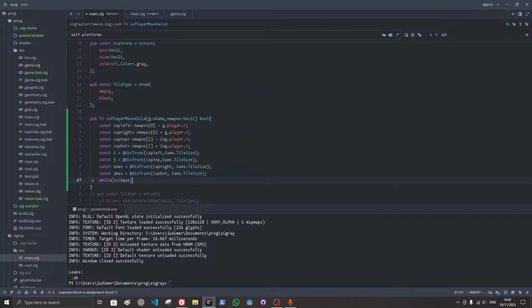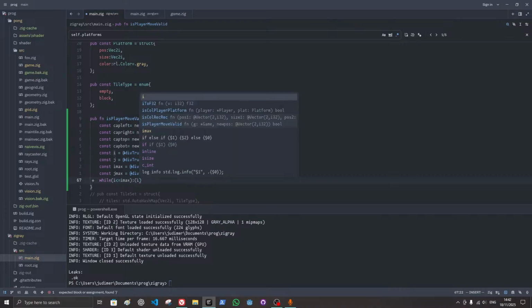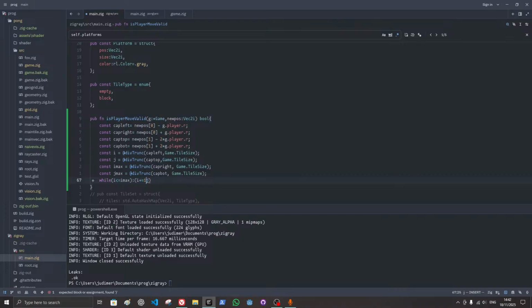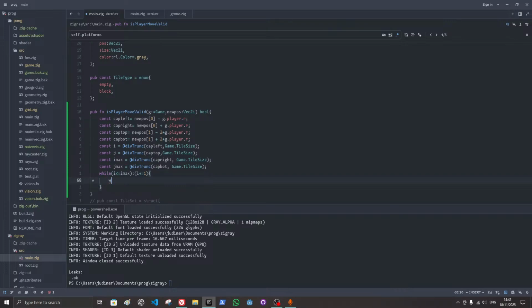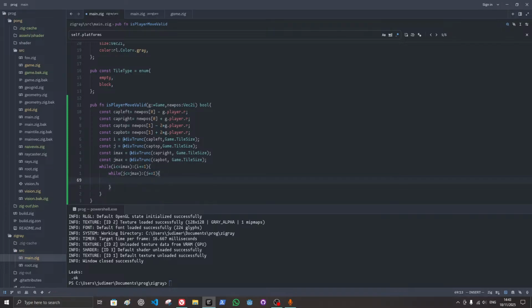And we increment i plus equal to 1. We do another while j less than or equal to jmax. j plus equal to 1. And then,